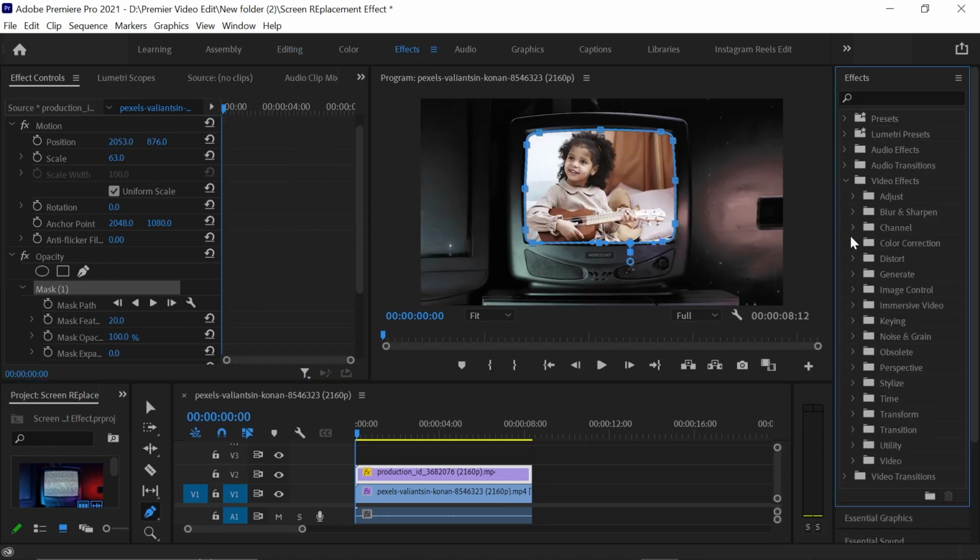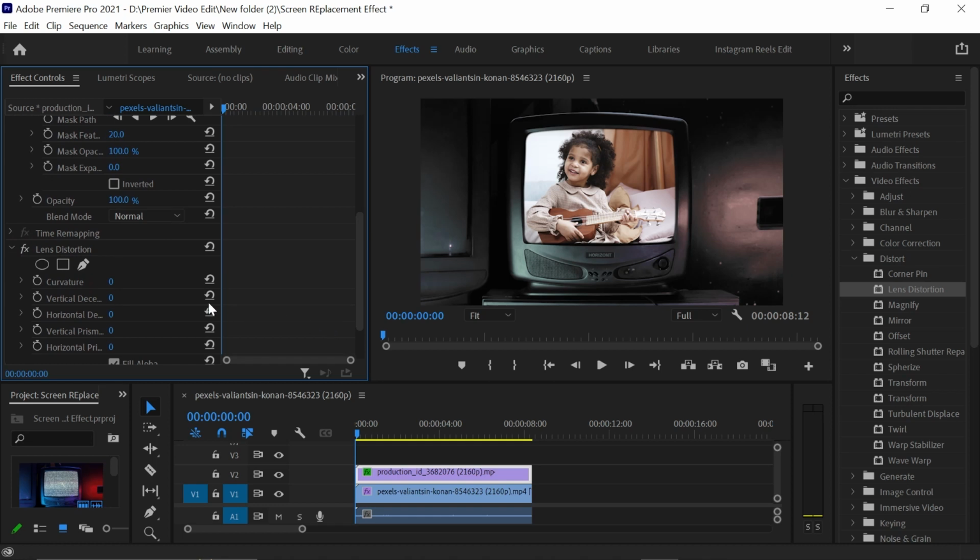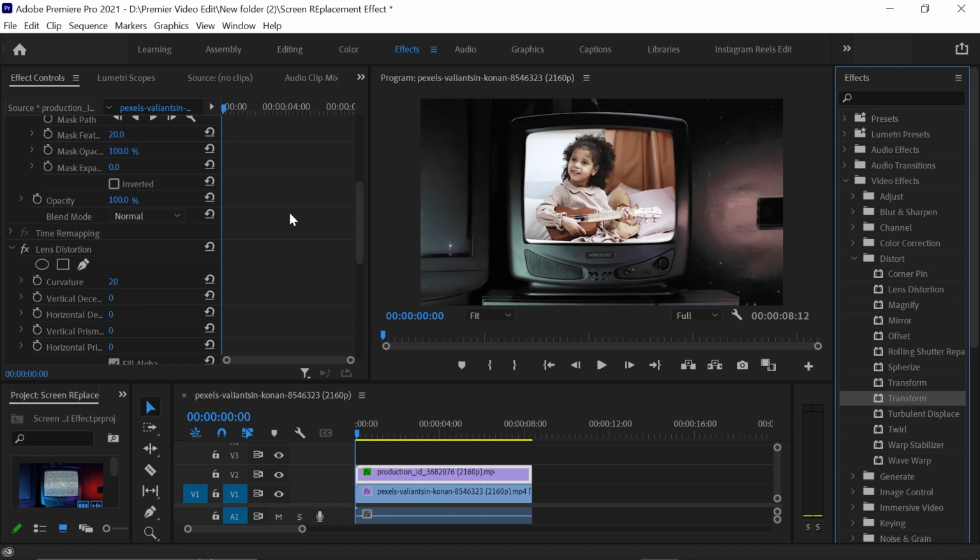Now expand Video Effects, then expand Distort. Now drag and drop Lens Distortion to your timeline. Change the Lens Distortion curvature to 20%. It will create a nice curvy look. Now drag and drop the Transform effect to your timeline and increase the scale of it so that the white borders